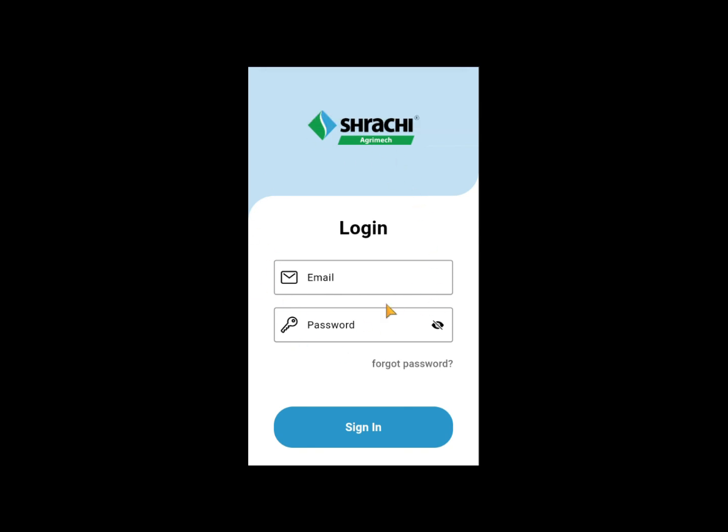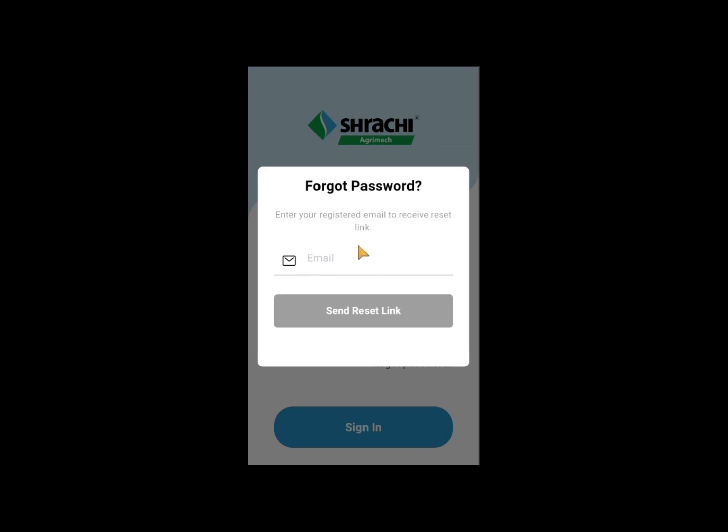Again, this is the login page of your Saji CRM app. If you have already provided your email ID and password, enter them and click sign in, and login, and again come to your dashboard. This is your forgot password page. Click this and enter your existing email ID and submit.